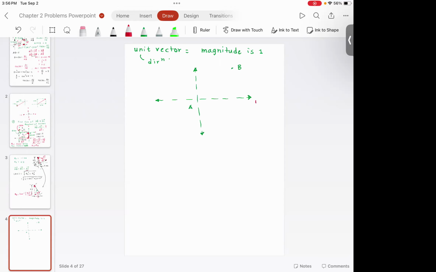I say the unit vector in x direction is i, which means if you travel 1 unit, you have traveled 1i. If you travel 2 units, you have traveled 2i. If you go in the negative x direction, minus 1i. If you go in negative x direction, minus 2i. Because this is positive x, this is negative x,